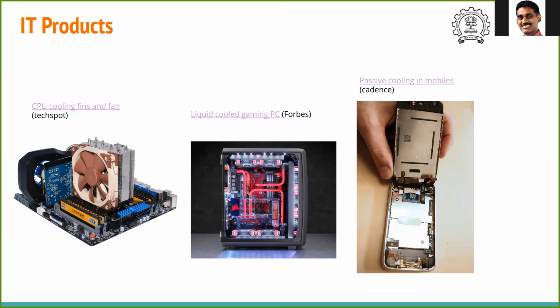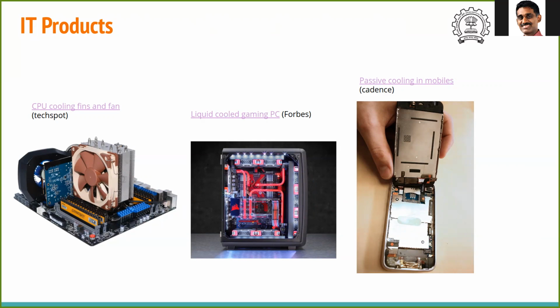But let us come to more commonly used products. So this is all some things that we have seen. So this is a CPU fan that is there in any of the computers. This is a sophisticated liquid cooled gaming PC, or this is your mobile phone. And in all these things, you have a microprocessor which is